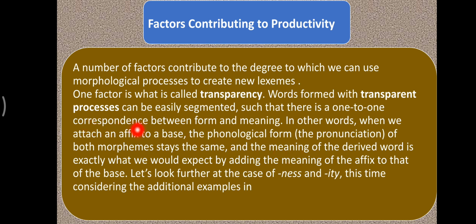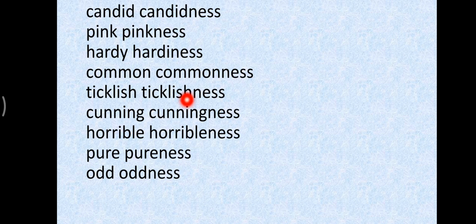So it means that transparent processes can be easily segmented, and we can separate the parts, with a one-to-one correspondence between form and meaning. For example, candidate and candidateness. Each part has its own pronunciation. They can be segmented. Pink and